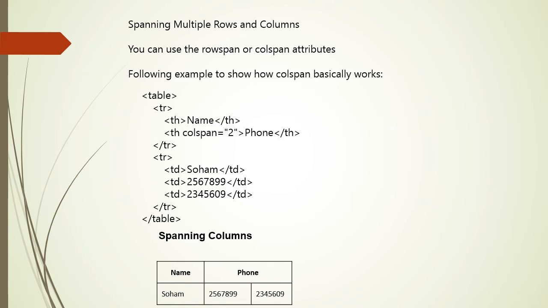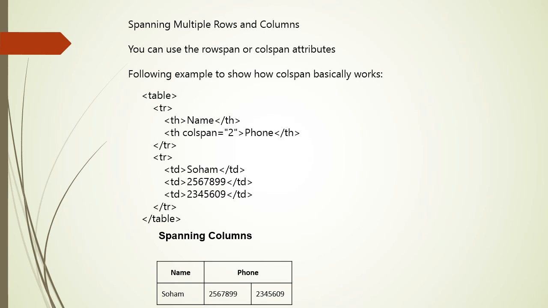How to span multiple rows and columns? Basically, spanning allows you to extend table rows and columns across multiple other rows and columns. Normally, a table cell cannot pass over into the space below or above another table cell, but you can use the rowspan or colspan attributes to span multiple rows or columns in a table.